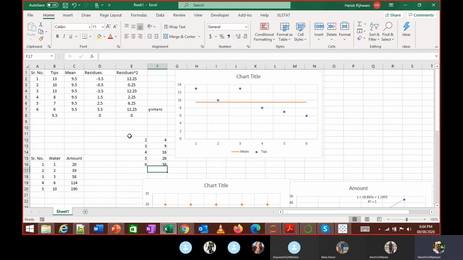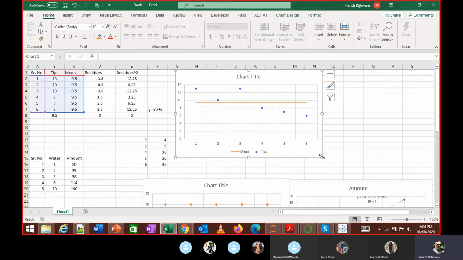36. When I look at this, what is the difference between 2 and 6? 4. But what is the difference between the square of 2 and the square of 6? 32. Yes. So what it is trying to tell you is that this point is much farther away compared to the point where the residue is 2.